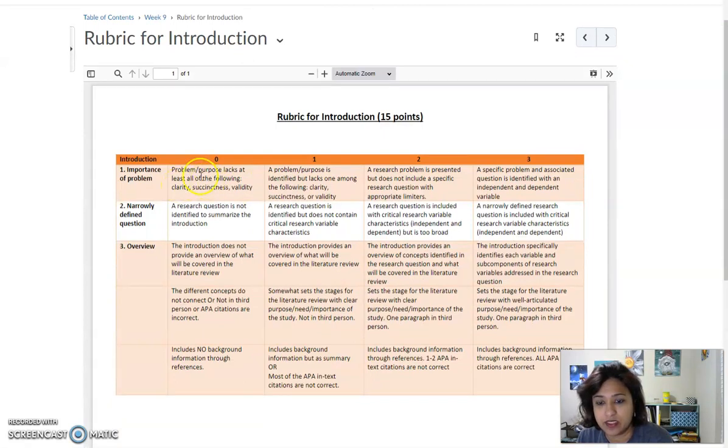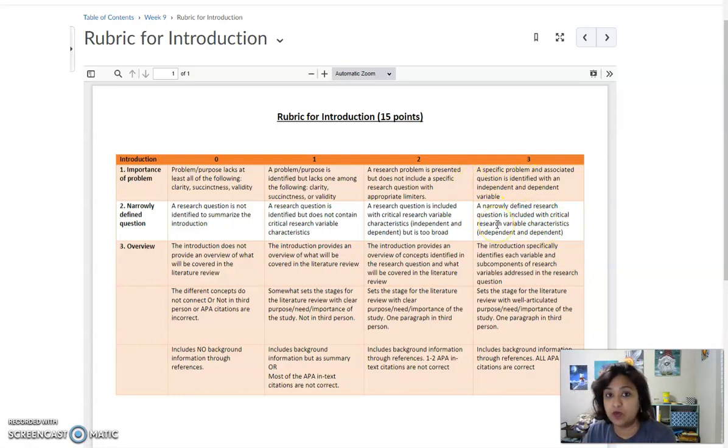As you can see, here is the introduction rubric. 1, 2, 3, 4, 5. It is out of 15 points. You have all of those citations. All the citations are correct. The stage has been set. You have a research question that summarizes the introduction. It is narrowly defined and it has independent